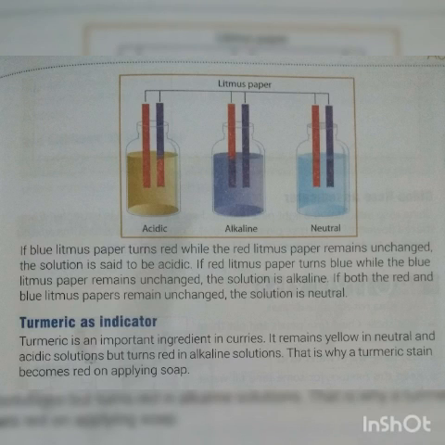Now, if you see in the neutral substance, both the red litmus paper as well as the blue litmus paper remain unchanged, students. Okay. Now the next topic is turmeric, which is often used as an indicator. Students, as we know, it is a very important ingredient in making curries and foodstuffs. So it remains yellow in neutral substances